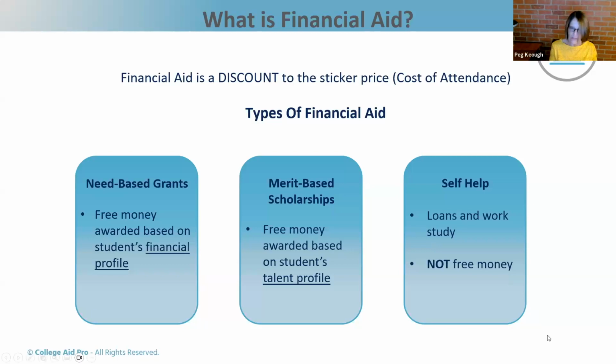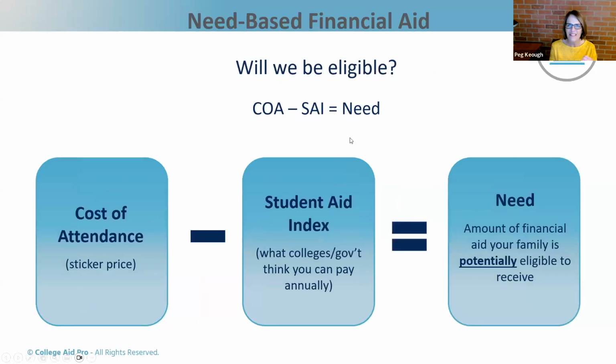And then the next thing that we show them is the equation that this all works around. And this SAI is the fundamental part of it. So if you don't submit financial aid forms, the colleges have no idea and they can't figure out need. And like I said before, even if they have a $100,000 SAI, and I've seen it many times, it's still important to have those forms in. So what I want to do now is just go in and give you a visual